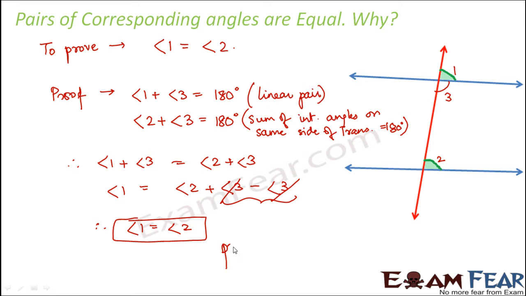So hence proved that the pair of corresponding angles are always equal in case of parallel lines being cut by a transversal. So this is how we have proved why the corresponding angles are equal, and why the sum of the interior angles on the same side of the transversal is 180 degrees. However, we did not prove why alternate angles are equal because it would be a little difficult for you to understand the exact mathematical proof at this point in time, because you are not aware of the congruence theorem.